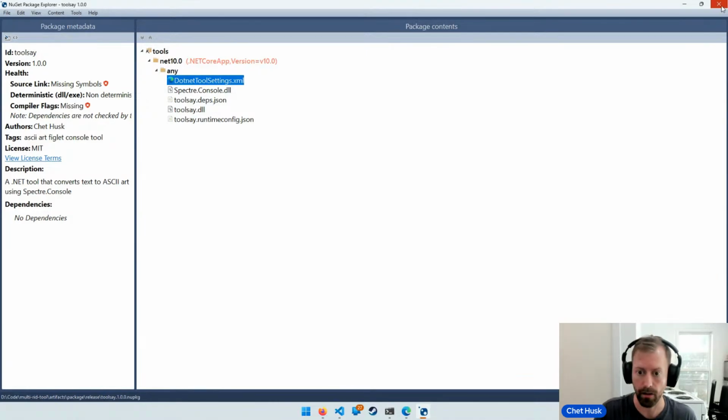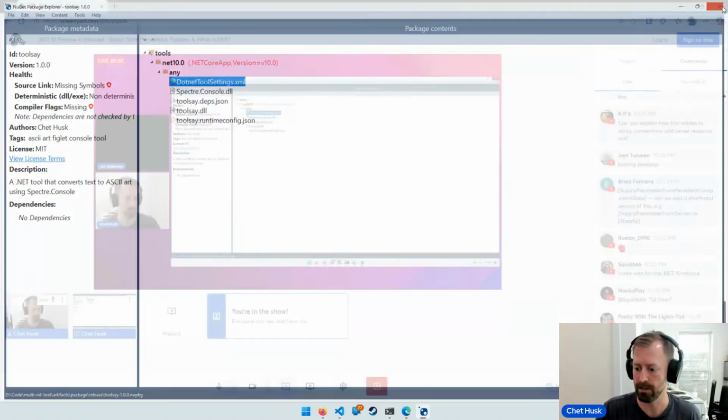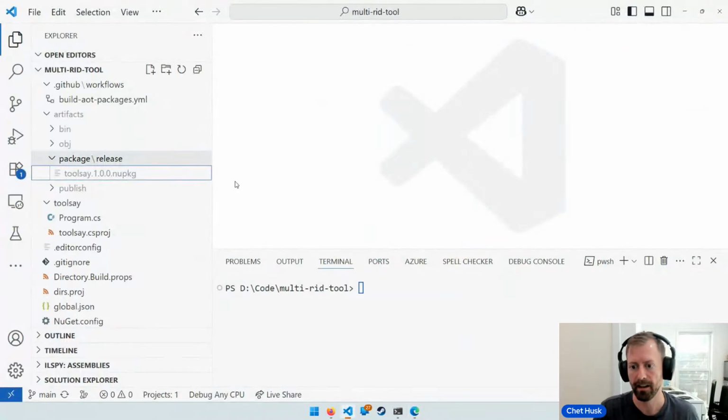of those other platforms. And so we took a look at this structure and we said, we think we can do better. We think we can support platform-specific tools if we want. And that's the big headline feature of the SDK and .NET tools in Preview 6 is supporting these